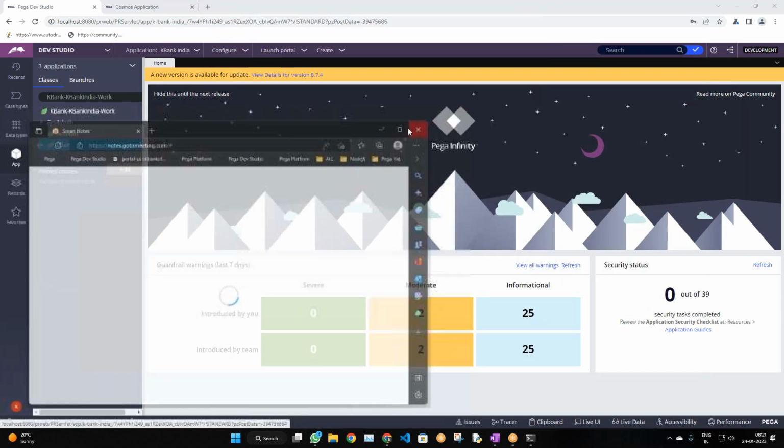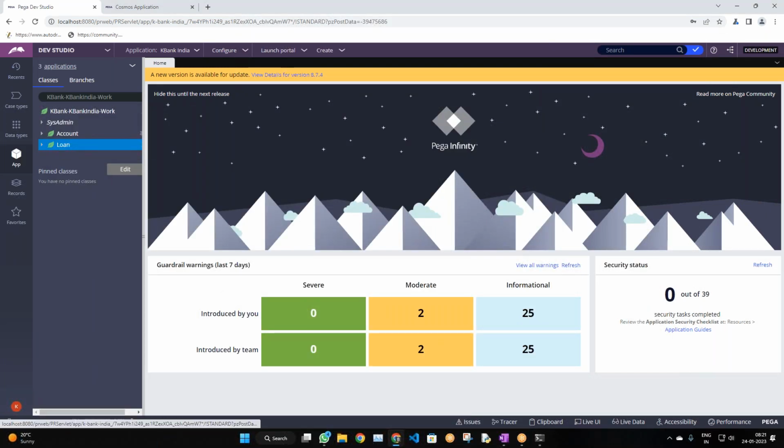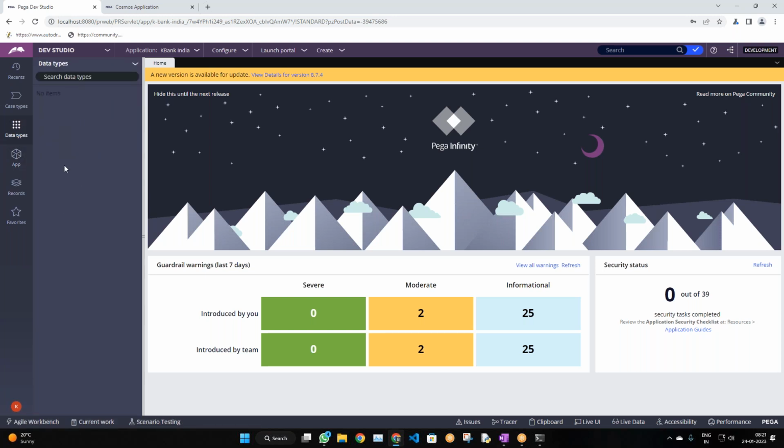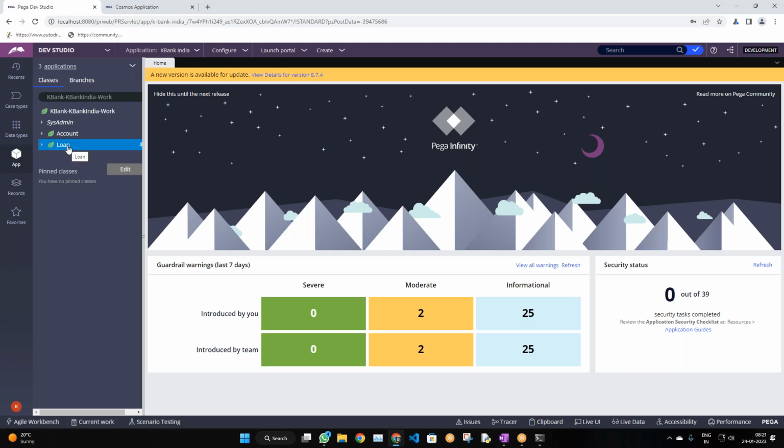What are these classes? These are the work classes, right? So now, which classes belong to this class group? This is the class group. So what does it mean for a class not to belong to a class group? If you open any class definition,